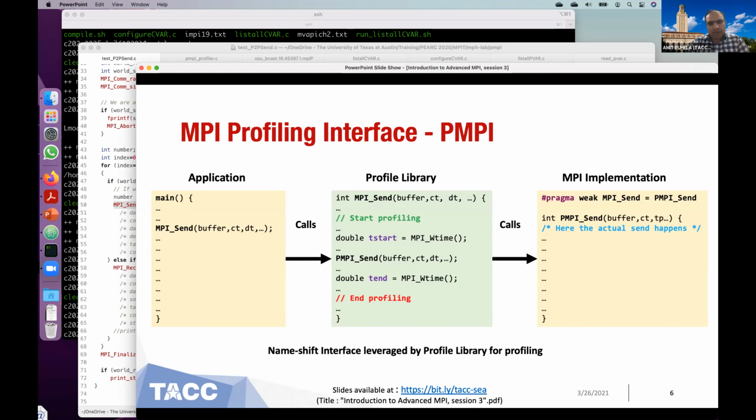This MPI send function itself calls the PMPI send function from the MPI implementation, but before and after that, it starts and stops the profiling. This way, the profiling libraries are able to capture the time spent in a given MPI function.